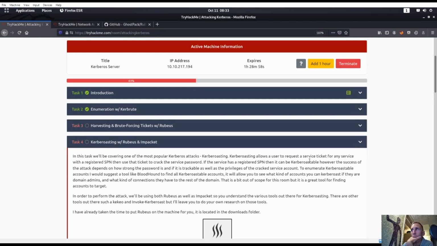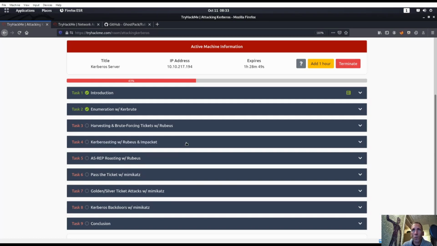Kerberos allows the user to request a service ticket for any service with a registered SPN. Now this is right when, so I was going to do this in my home lab that I've been building. This is when we actually